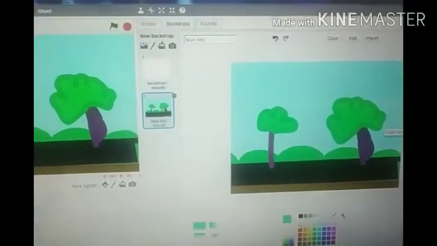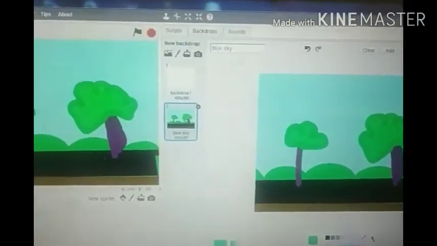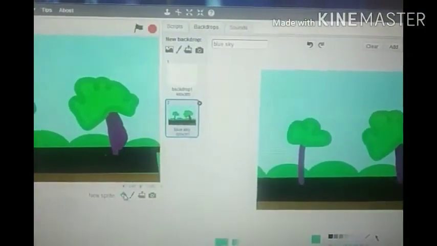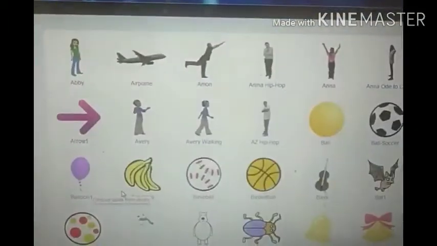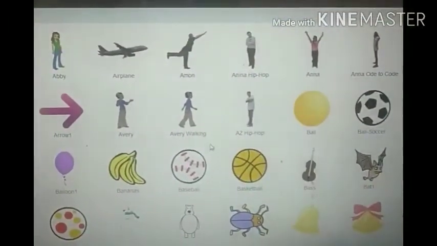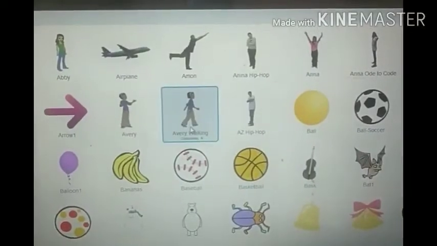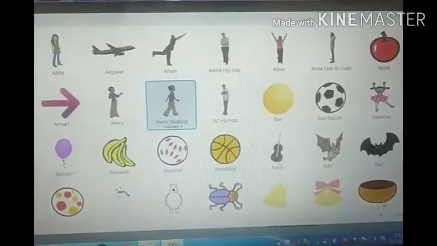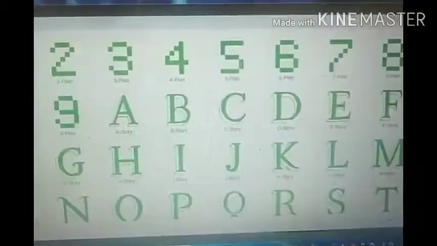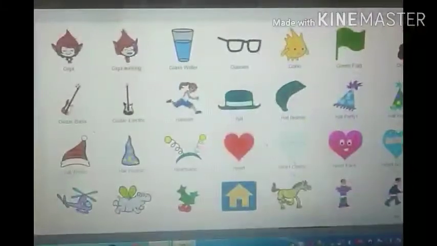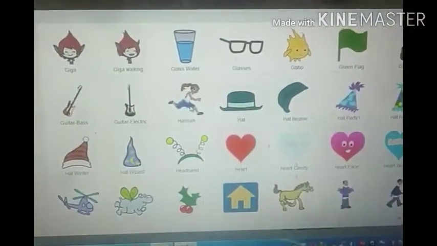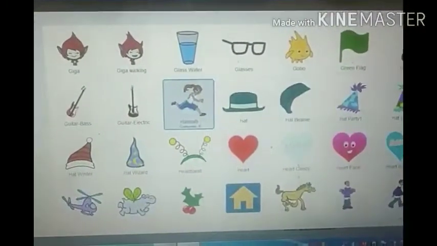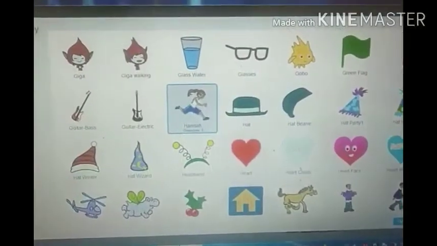Now we will select or load a sprite, whatever we want. To load it, select new sprite and go through the sprites, selecting whatever we want. Through the scroll we can go through one by one. I am selecting Hannah, with costume 3, clicking OK.